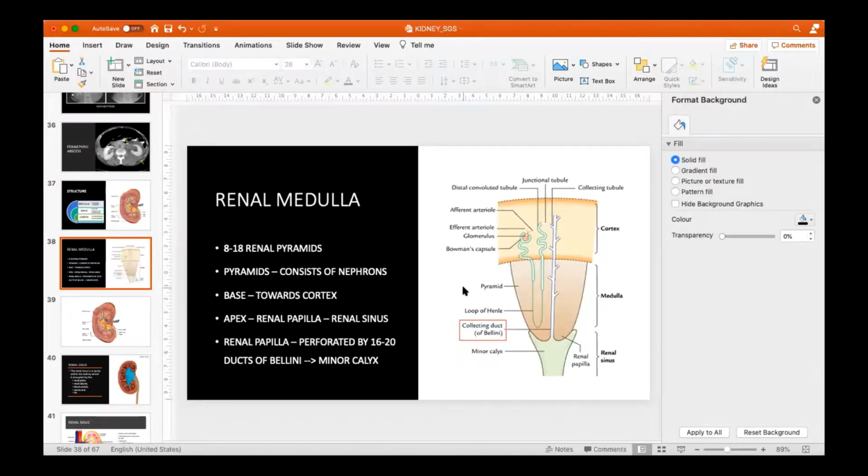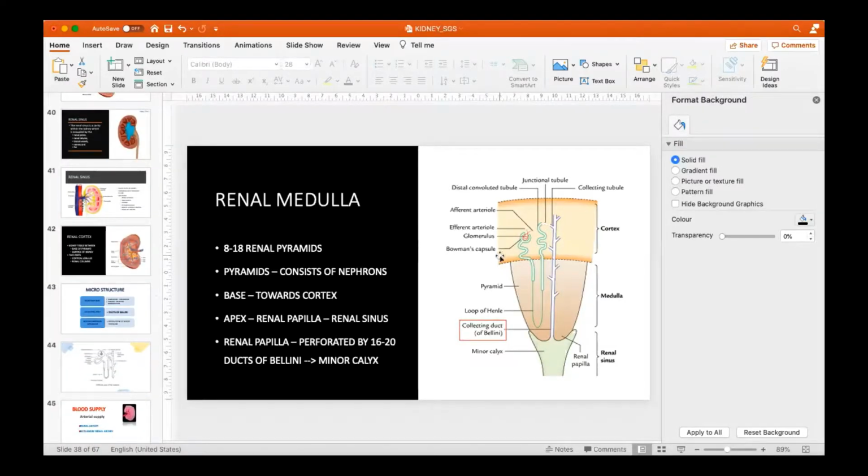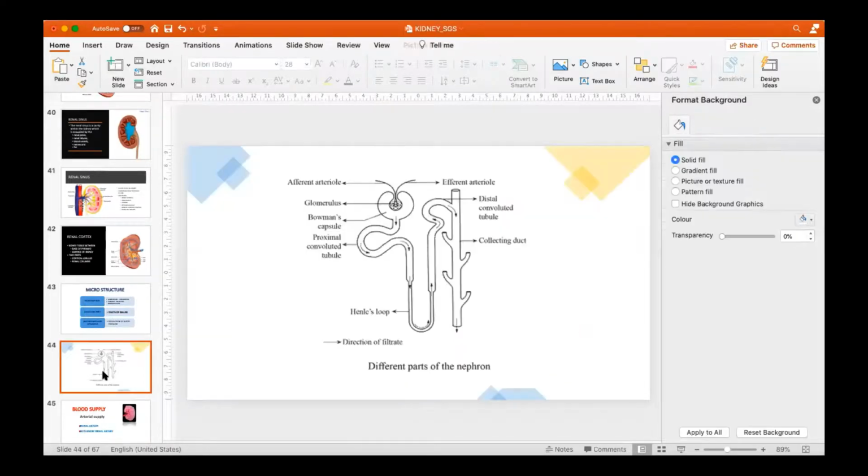Yeah, this was the picture which I showed regarding the right. I hope another picture was also shown. The one was just the picture of nephron. That's all. This is the general part of the nephron. Is there any difference in position regarding the Henle's loop? Henle's loop will usually be seen in the medulla itself. Only the glomerulus as well as the distal convoluted tubule will reach the cortex of the kidney.